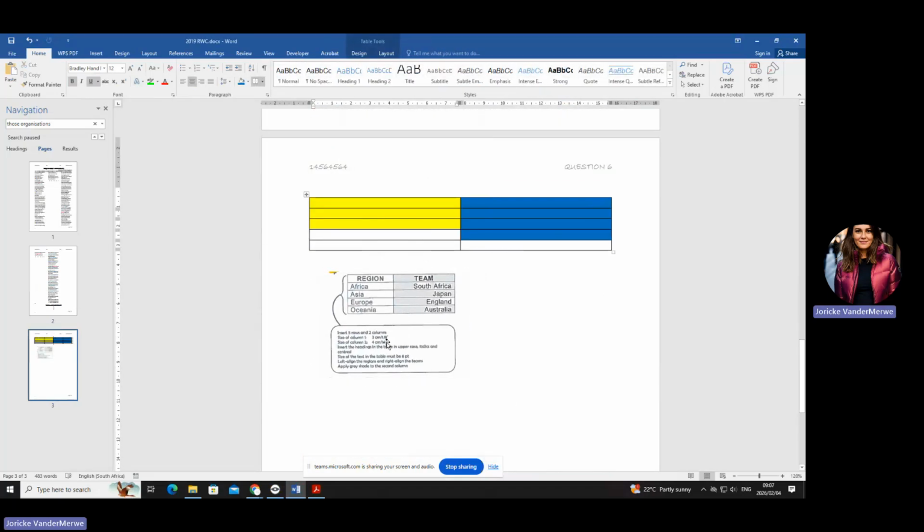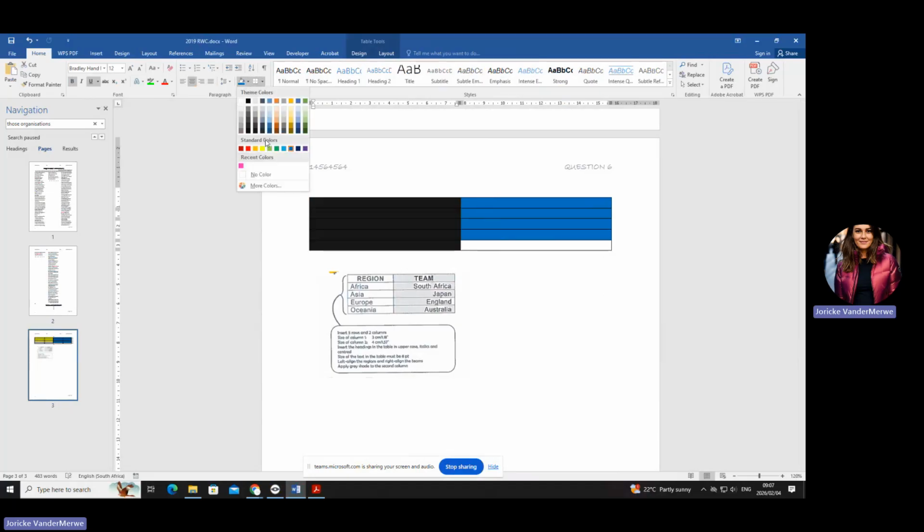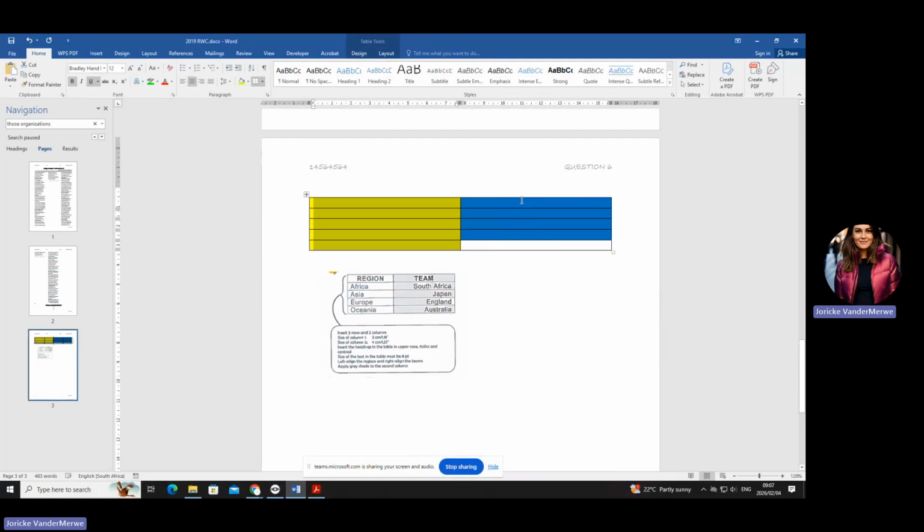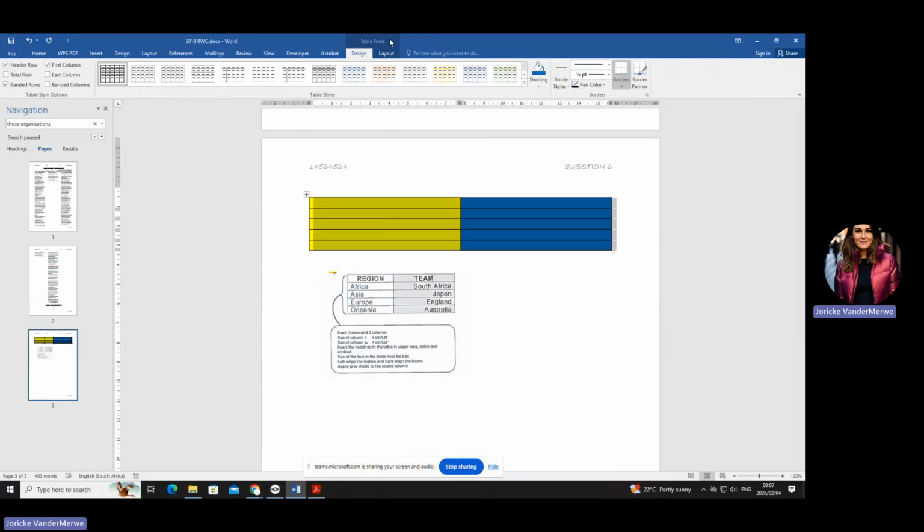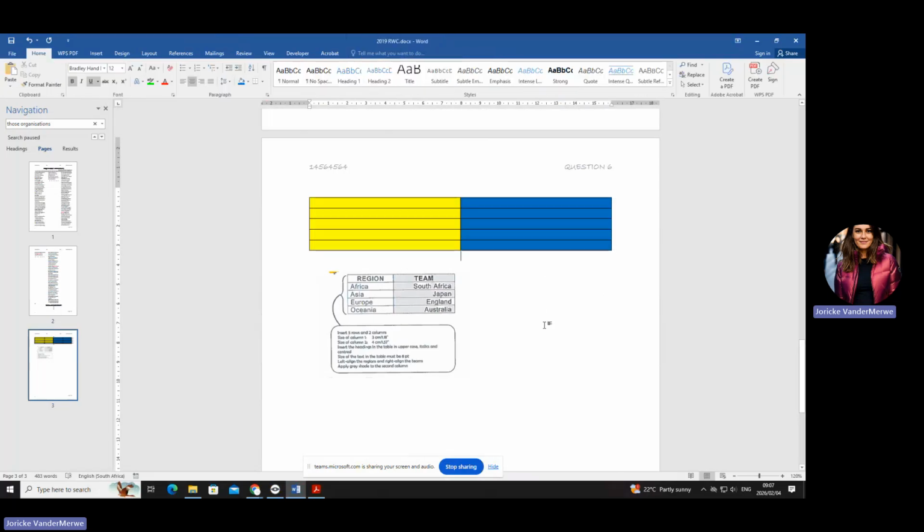Now the size of the column, in other words, the yellow part must be 3 centimeters. Can you see it says there 3 centimeters? Okay. How do I change the size of a column? I have to click on the column, or on the table. Now, do you remember when I clicked on the header or the footer, I said to you, watch this little light bulb. And in the picture, I also said, now watch that light bulb again. If I click there, can you see there's a little table coming up?